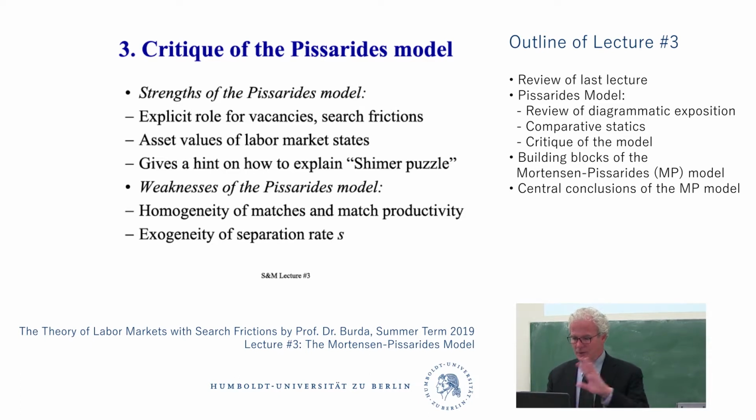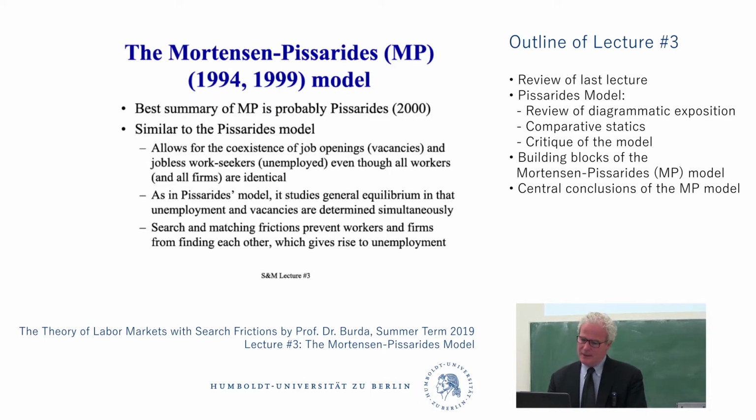We're not going to go the full Monty and allow every couple to separate totally independently, with idiosyncratic preferences about staying together, but you could push this much farther than we do, and they did in their paper. It's already a step in the right direction. Okay, so the Mortensen-Pissarides model is an attempt to solve those questions. That's the way I'm going to sell it for the next 45 minutes, and next week we'll go into more detail. Thomas will take you through the stripped down version.